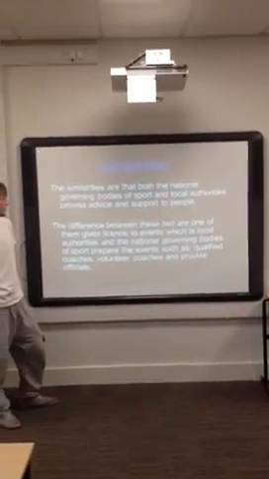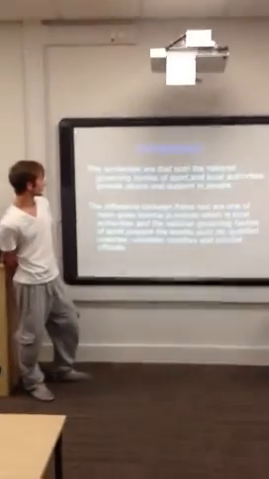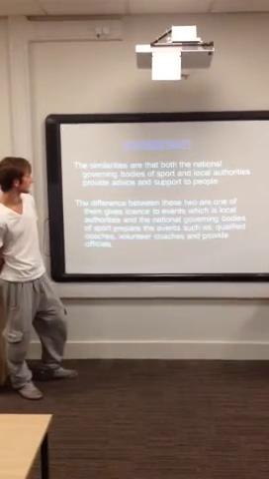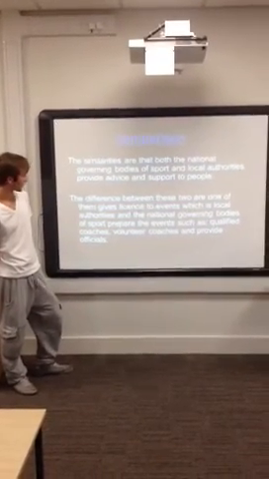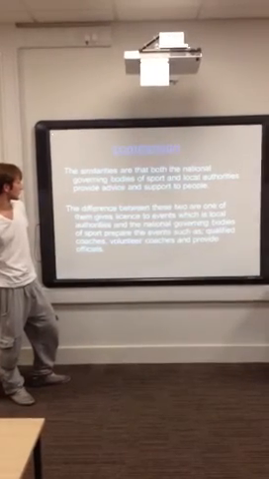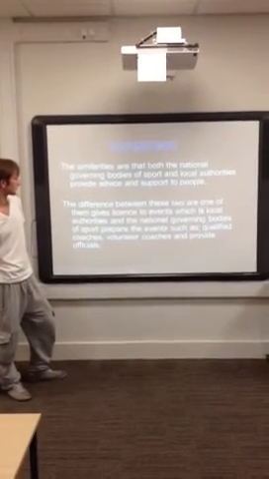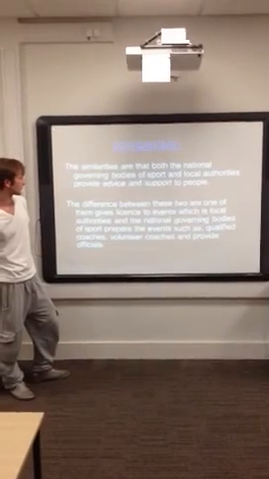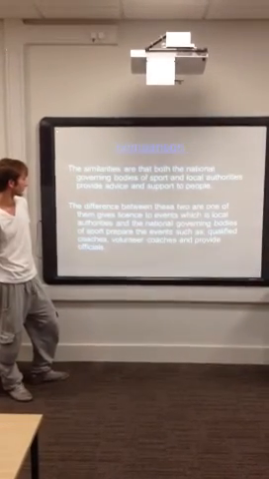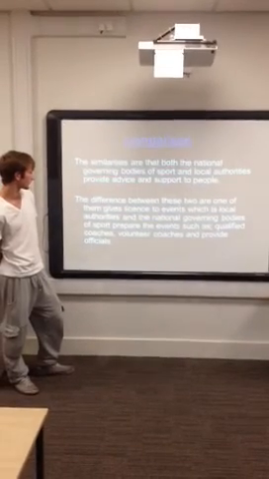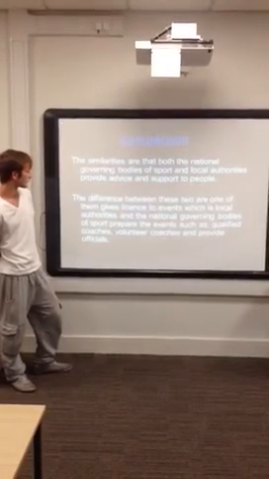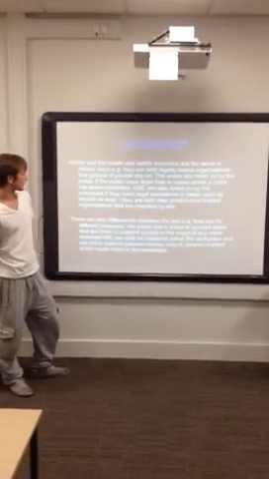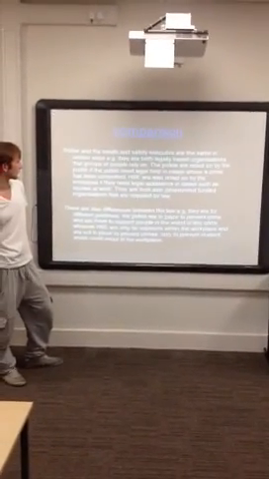Comparisons. The similarity of both national governing bodies of sport and local authorities is that they provide advice and support to people. The difference between these two is that local authorities give licences to events, while the national governing bodies of sport prepare the events, such as providing qualified coaches, volunteer coaches and officials. Police and the Health and Safety Executive are the same in certain ways. For example,